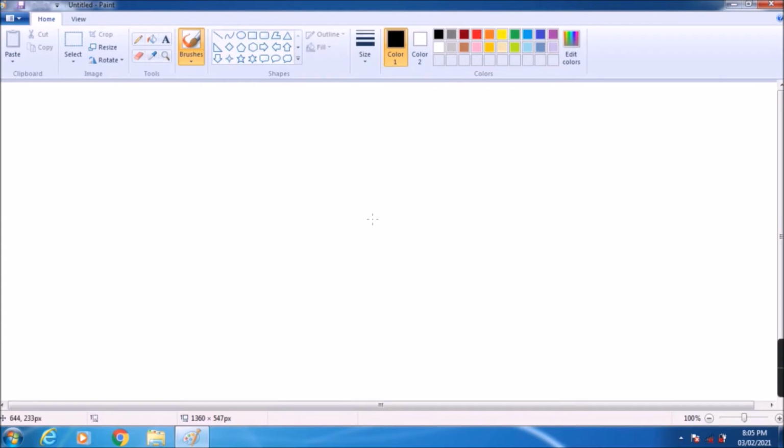There are different types of tools in MS Paint. You can see this one is the pencil tool. The pencil tool is used to draw a free-form line with the selected line width. If you want to use it, just click once, then left click, hold it, and then you can draw.